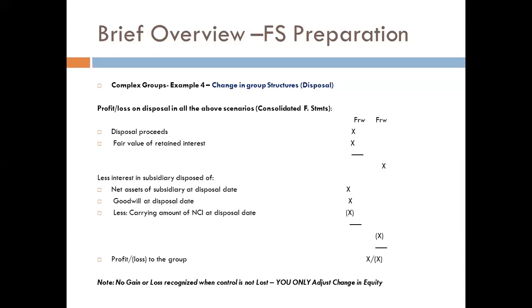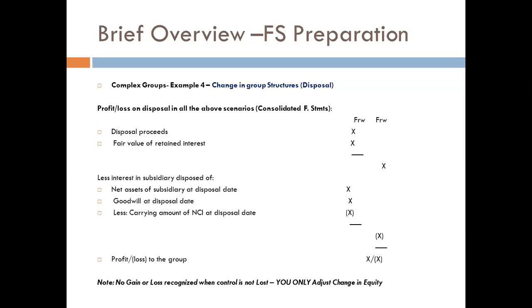You will only see, for example, a situation where you had 80% and you remain with, let's say, 70%. Did you lose control? No, because whether it's 80% or 70%, you still have control. So in this case, when I had 80%, non-controlling interest was 20%. When I have now 70%, non-controlling interest is 30%. So what is that change? That change, you adjust in equity by reducing equity and increasing non-controlling interest, but you don't recognize any